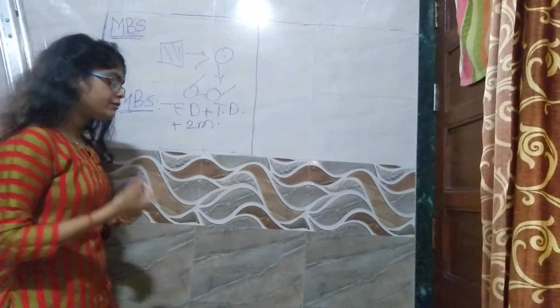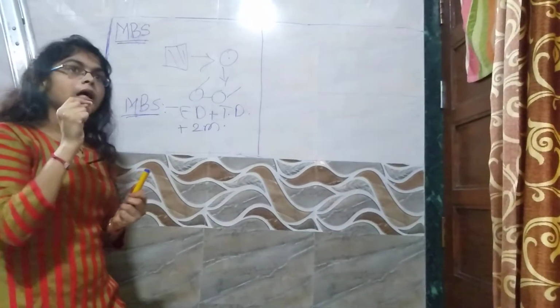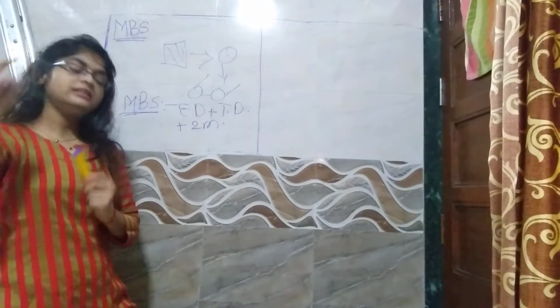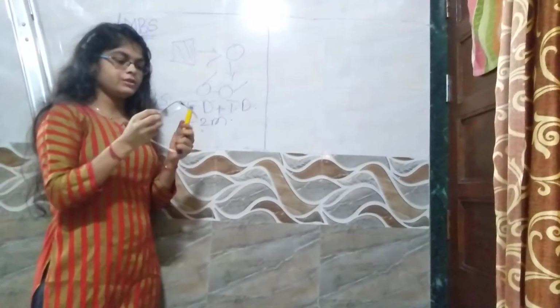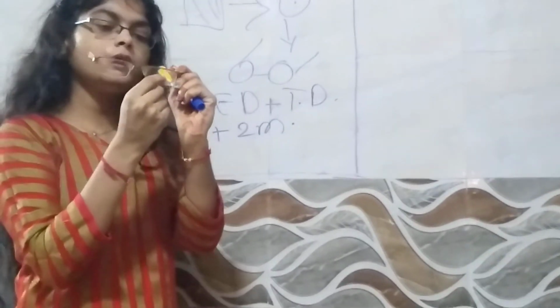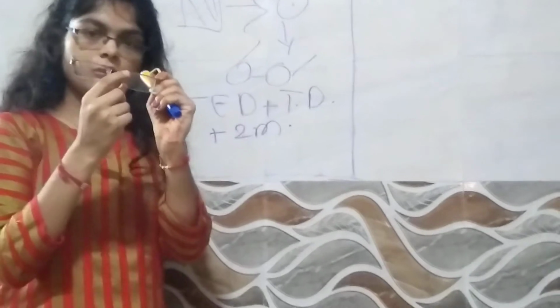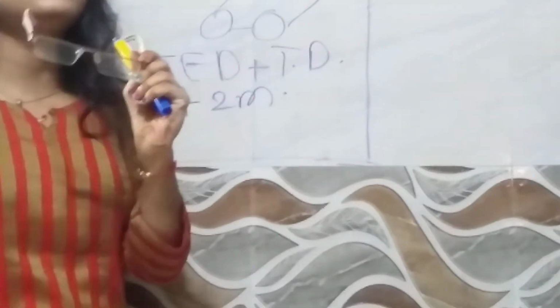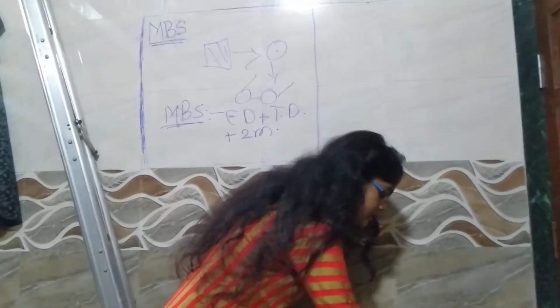Effective diameter is nothing but the distance from the center point to the line passing through the farthest point of the frame. So I'll show you what the effective diameter is. Here you can see there is a point in the middle of the frame, and from here to the farthest point will be the radius of the frame, and then doubling it will be the effective diameter. So let us measure the effective diameter with the scale.